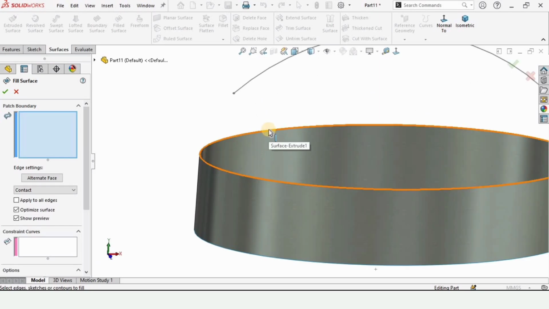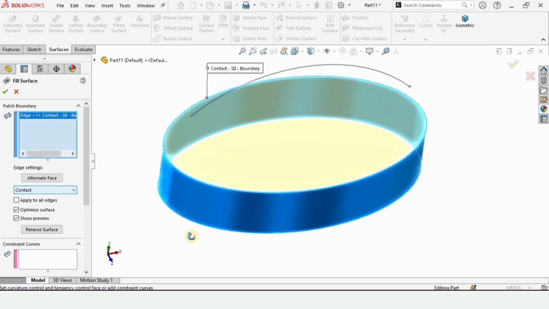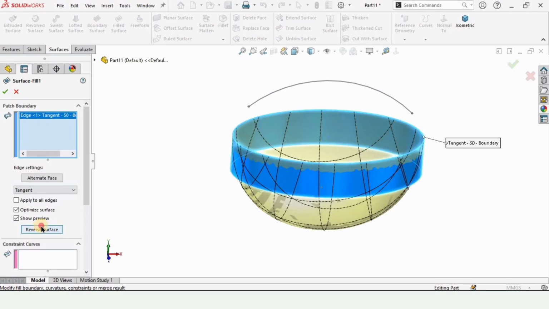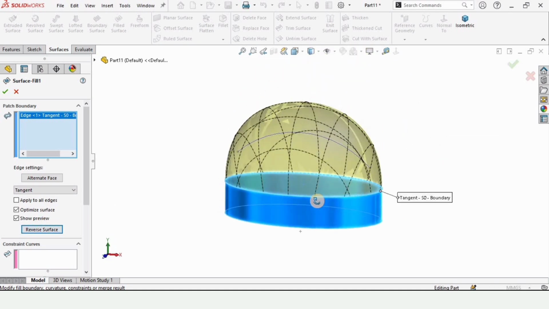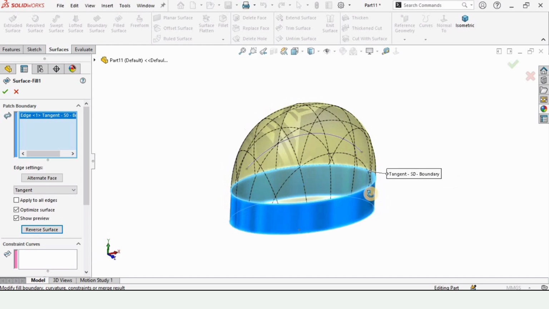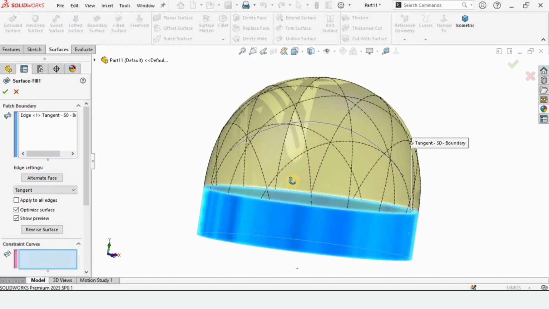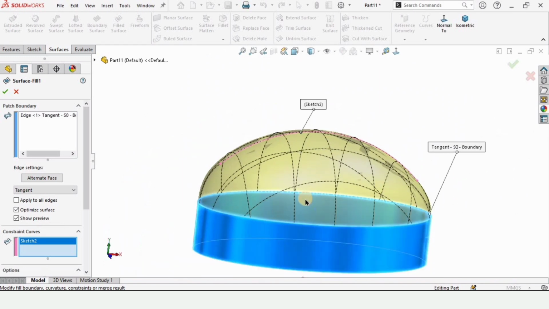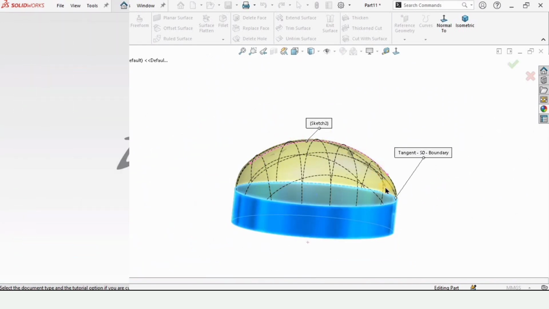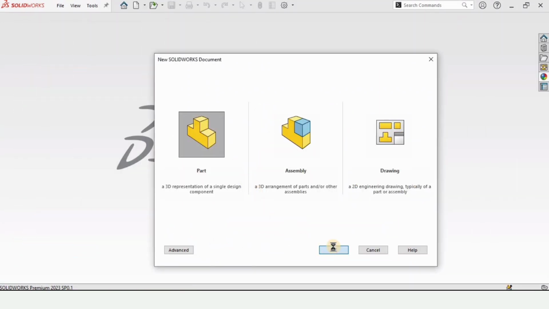In this video we will learn how to use the filled surface in SolidWorks to either make this flat filled surface or this tangent filled surface, or if we want to make some guide curves, then how to control this surface by using this tangent line. So let's begin. Open a part file guys